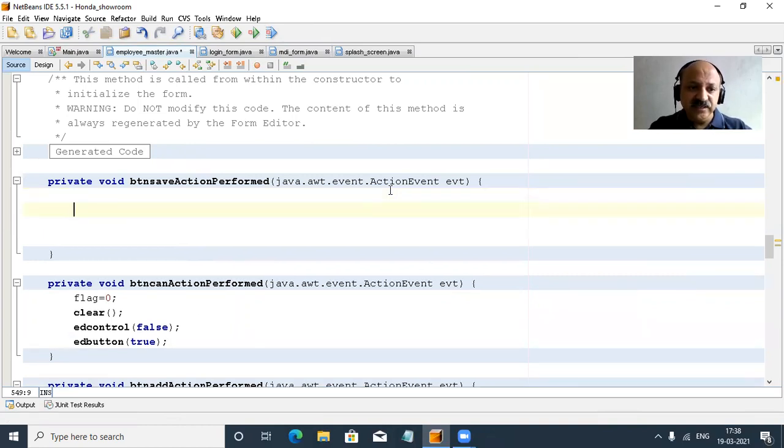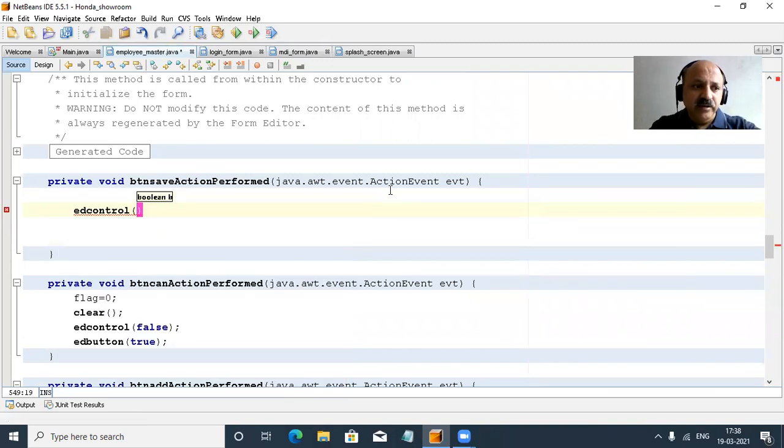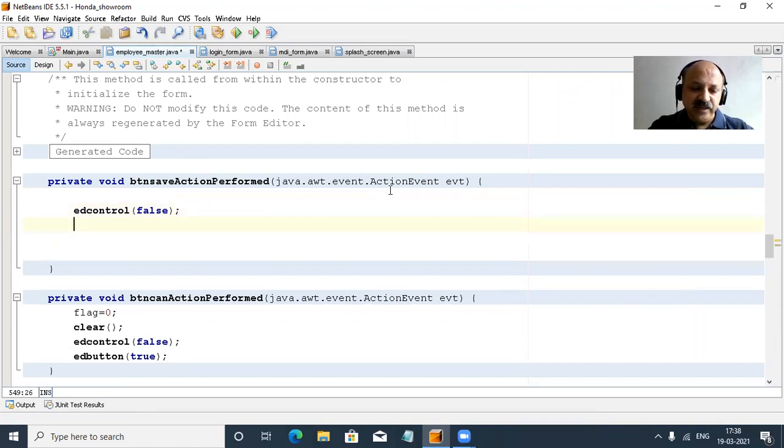So first, when the user takes this, we can take first what to do. First, in the add button, we enabled all controls. Now again we set false. So after save, we take false. And then button flag. That is a benefit, we can call our user defined method anywhere. So we pass true, like in cancel. So save and cancel are off, same as in the cancel button here also. In that, enable disable button, that is control, not control but button.